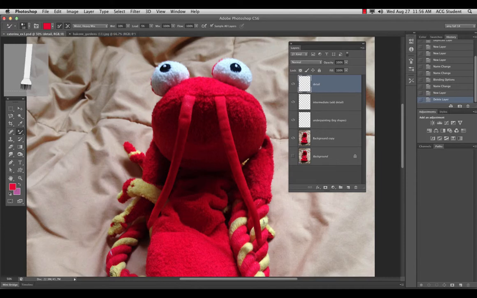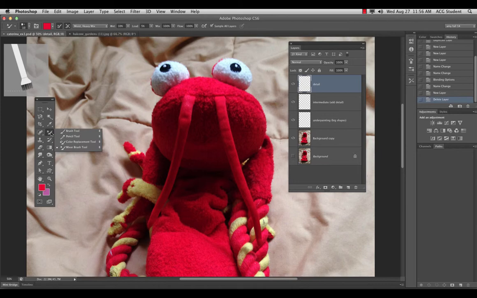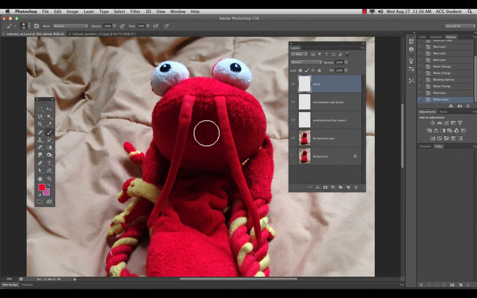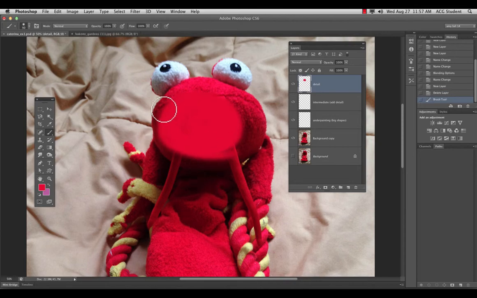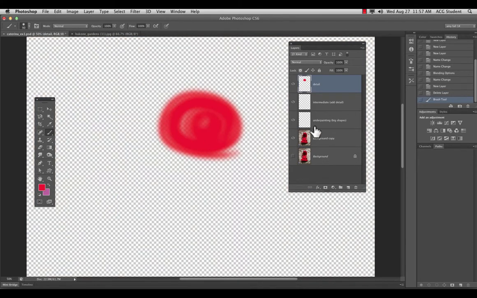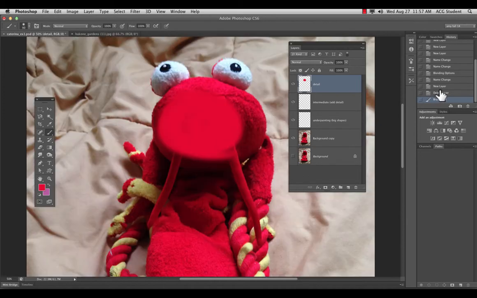When we last met, we were discussing how to not use this brush to paint because it doesn't take into consideration any of the pixel information. It just lays down some flat paint. So I'm going to go up in my history panel,